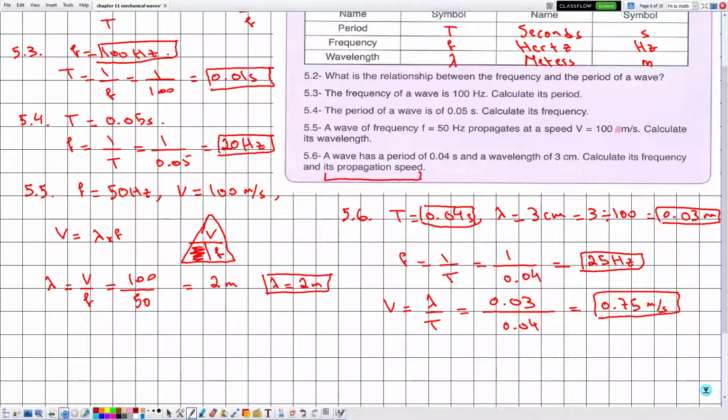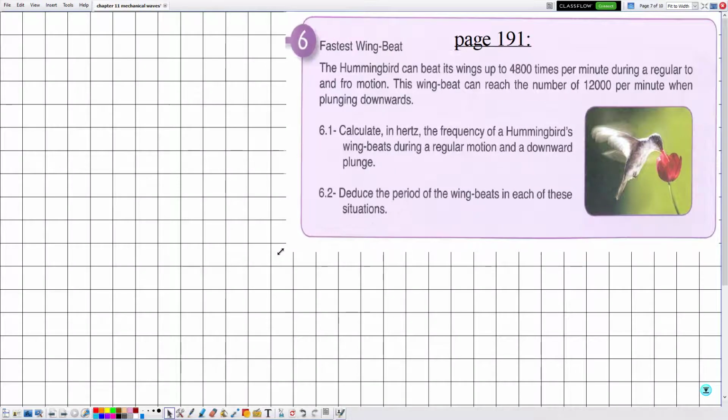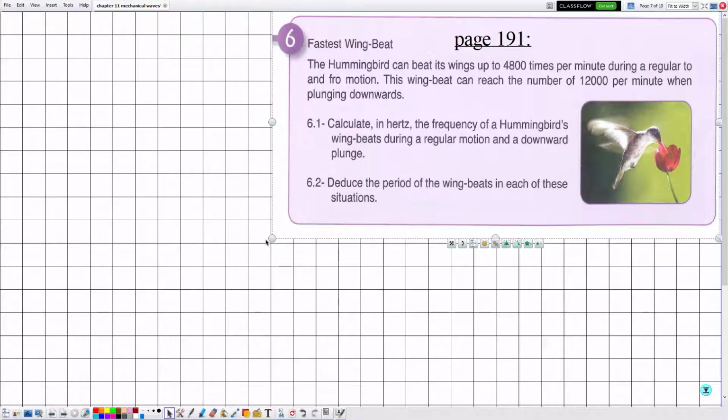Now let's move to the next exercise, which is exercise number 6, page 191. The title of this exercise is Fastest Wing Beat. Now the hummingbird can beat its wings up to 4,800 times per minute during a regular to and fro motion. Then during the regular motion,